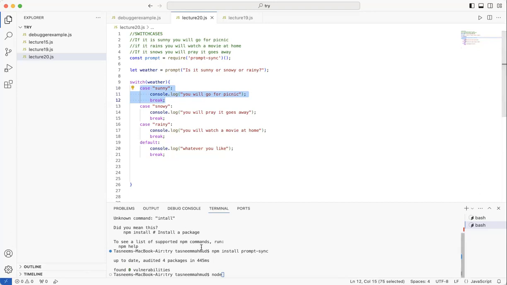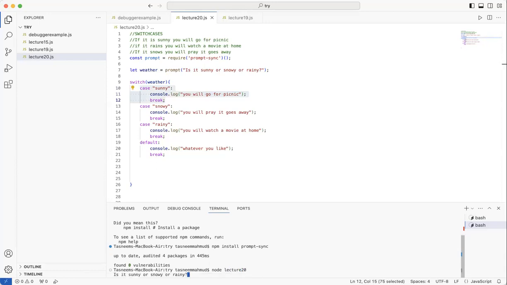Okay. So node, and I have lecture 20. Okay, so is it sunny or snowy or rainy? Now let's just type in any. Let's go for sunny, okay?